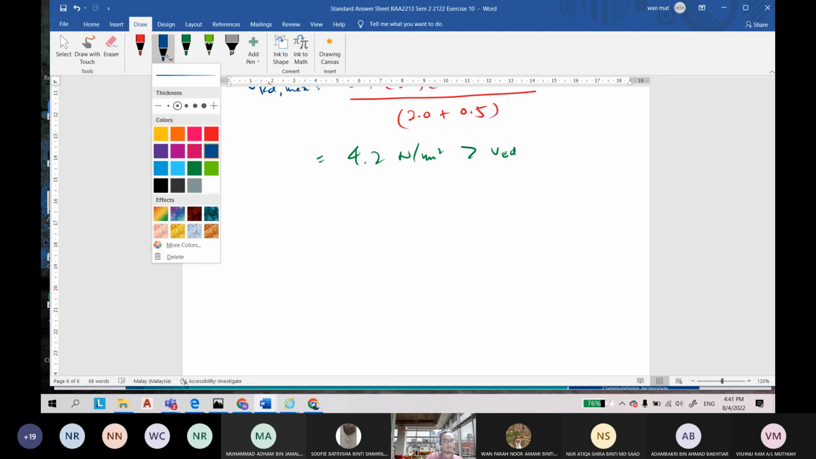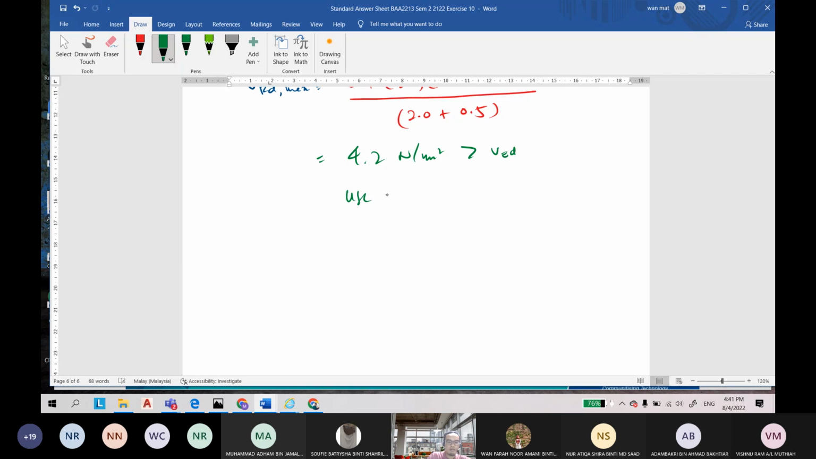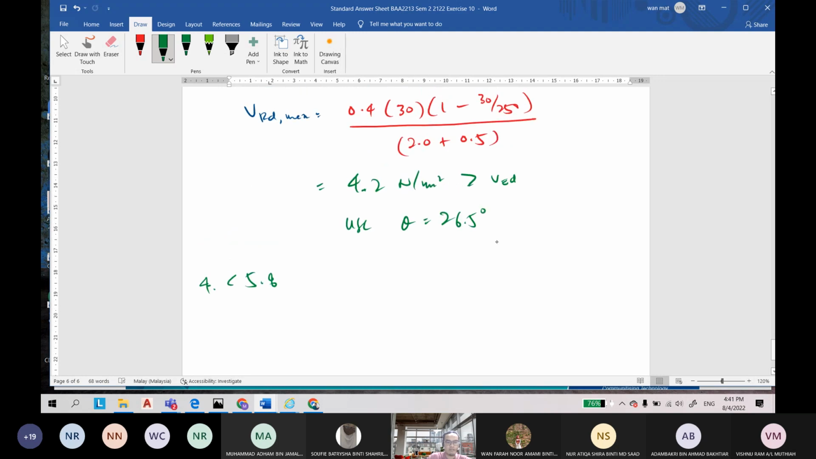So we can conclude that VRD is greater than VED, so we can use theta equal to 26.5 degree. If, let's say, our VED is 5.8, which is greater than 4.2, greater than VRD maximum for theta equal to 26.5 degree,